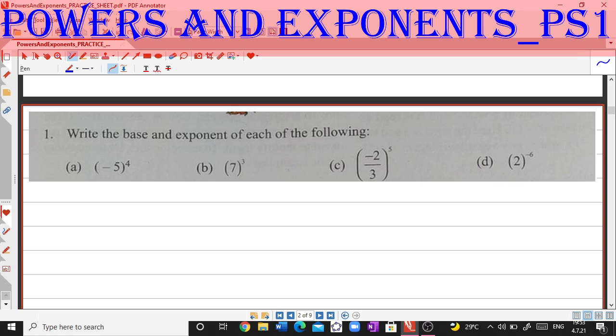So see, the number here which is written in the bracket, that is minus 5, is raised to the power 4. This means that we have to multiply minus 5 to itself 4 times. So for this, the base is minus 5 and the power, or I can say the exponent,